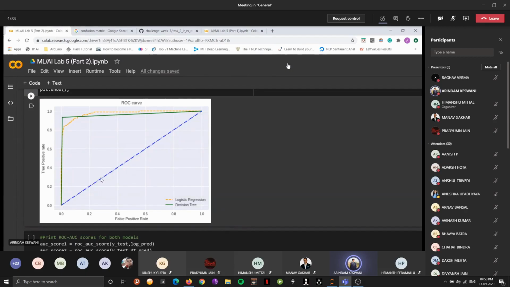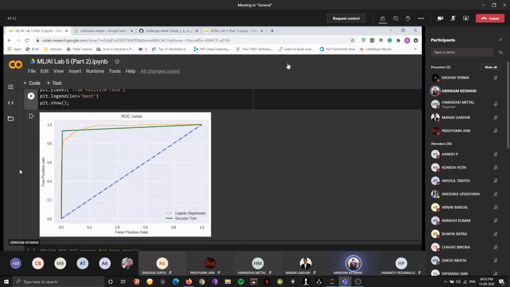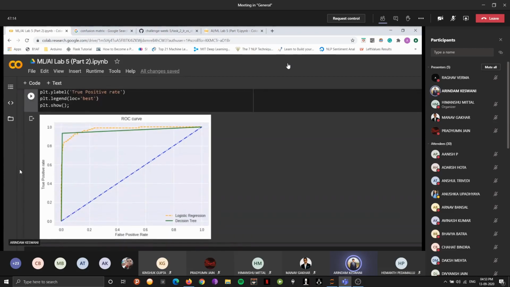The blue line is simply a 1:1 slope, and we've just used it to draw a comparison. This graph shows us how our values deal with true positive and false positive rate. As we can see, the true positive rate compared to the false positive rate is higher in the decision tree model if we focus on this area of the graph.